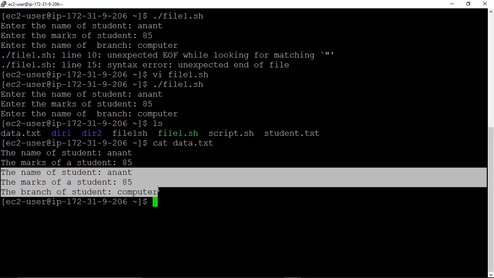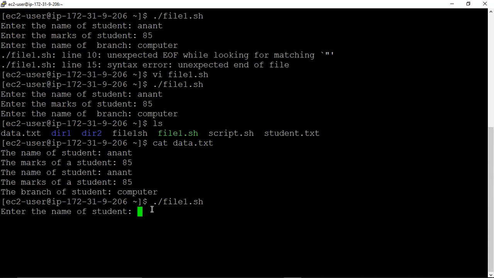Now, if we execute again, see what happened. We execute again, and again it asks the name of student. Now the next student we take is Anjali.